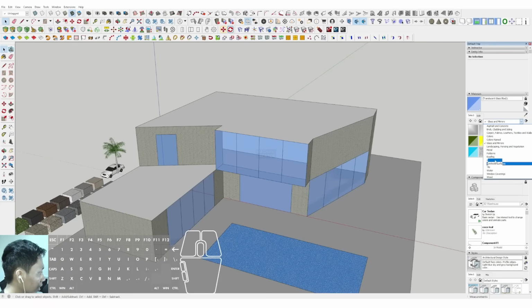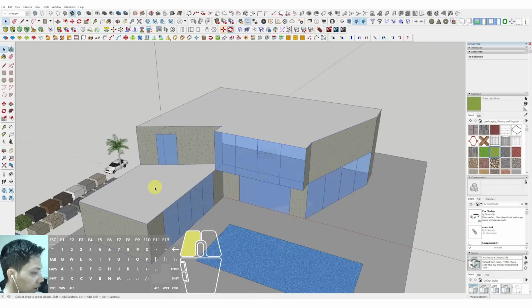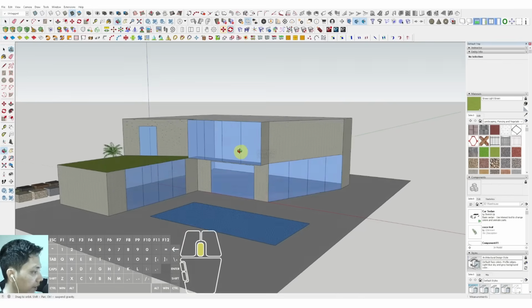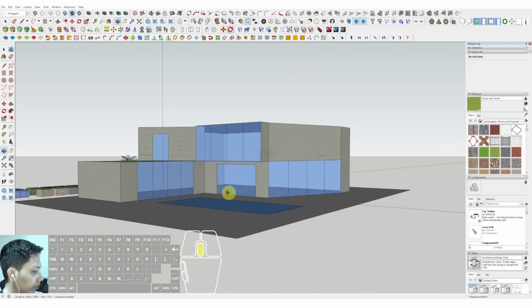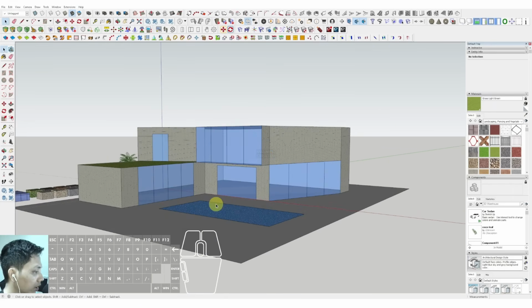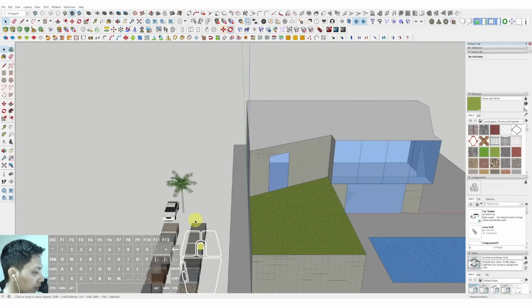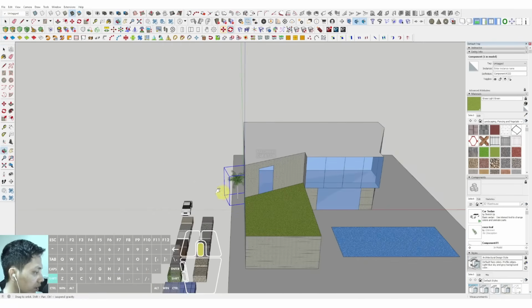And we can set the landscaping in here. Okay, and after that we can put some vegetation,